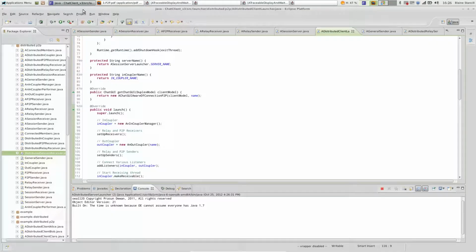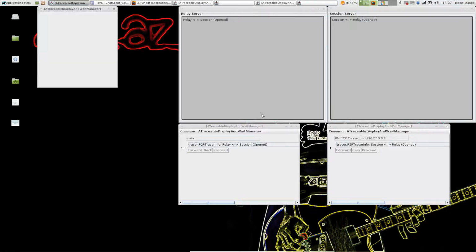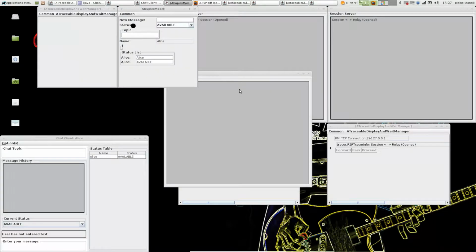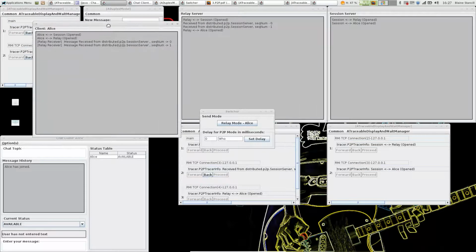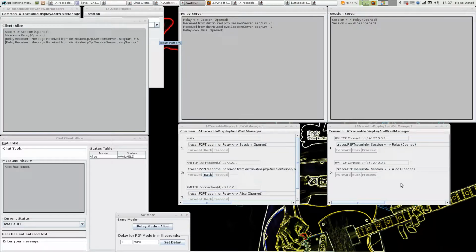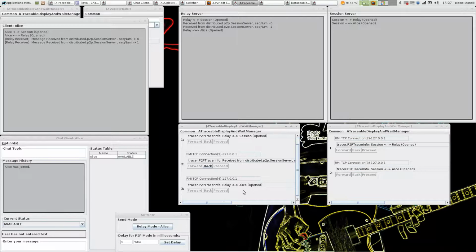So now if we go ahead and start a client up, let's get Alice going. Again, a lot of windows, so bear with me. I have to arrange them. Alright. So we can see that Alice first joined the session server, then Alice joined the relay server, and at this point